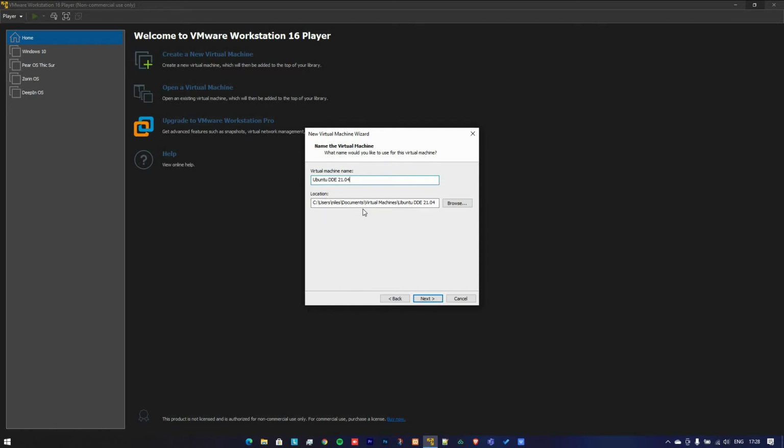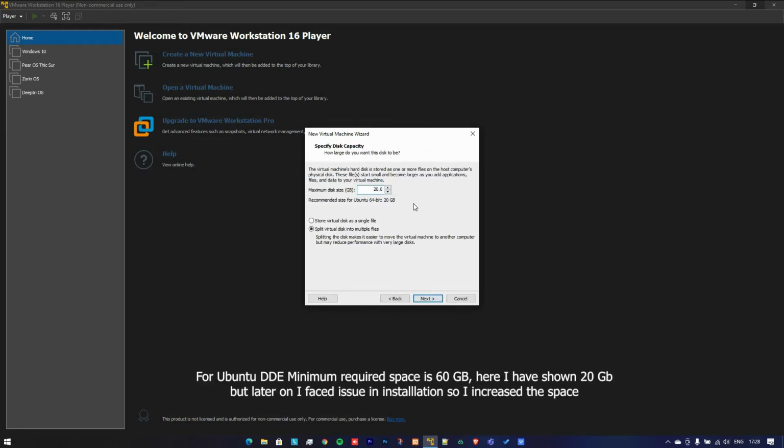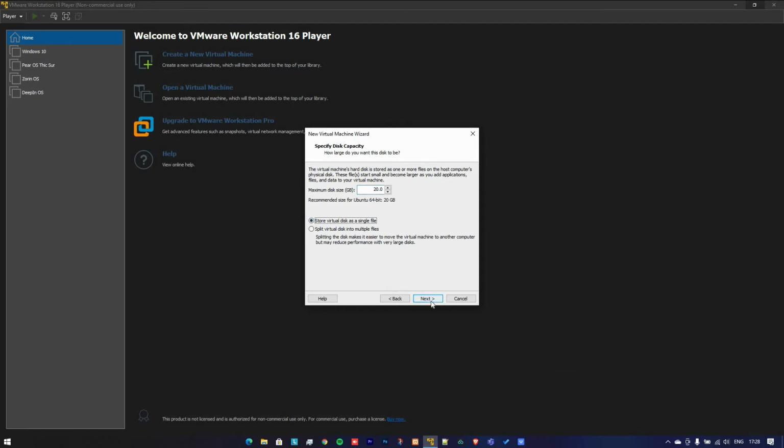and here we can choose the location of the virtual machine. For me, I will choose the default location only. Again I will click on next, and here it is asking me for hard disk size. So let it be 20 GB only, and here I will select the first option,